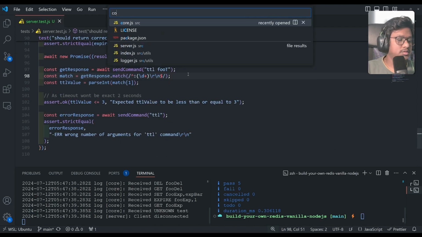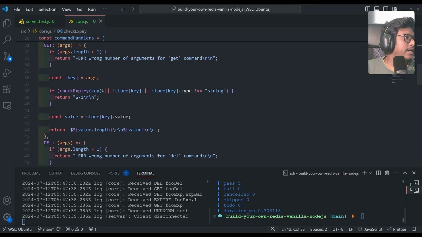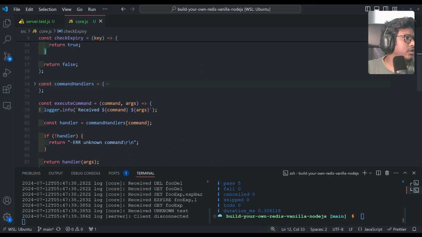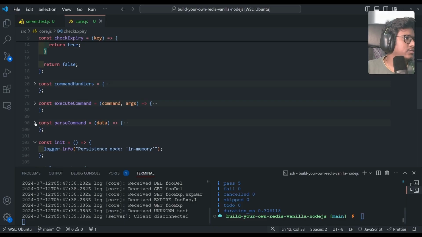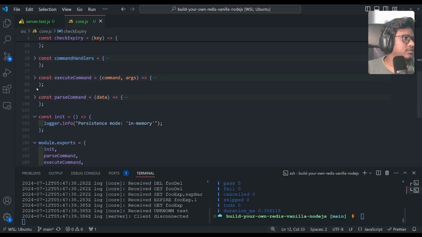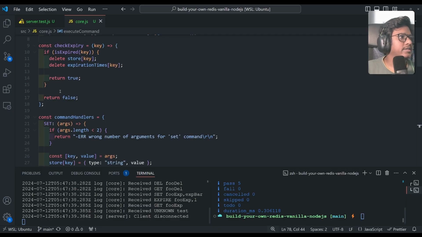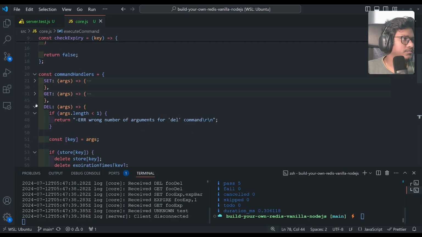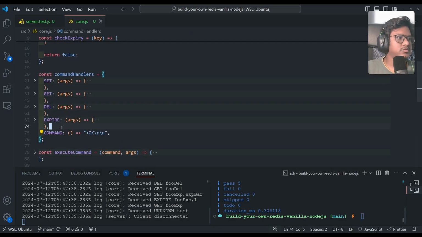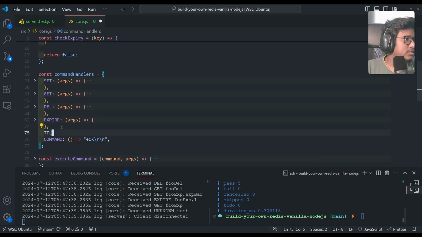Okay, code.js. As for the command handlers, we don't need to change anything over here, because it looks for the command handlers, and if it is not there, we pass to the generic unknown command. So we just need to add an extra function inside the command handlers. That's it. We don't need to change anything apart from that. So let's add this one, ttl, same signature, args,